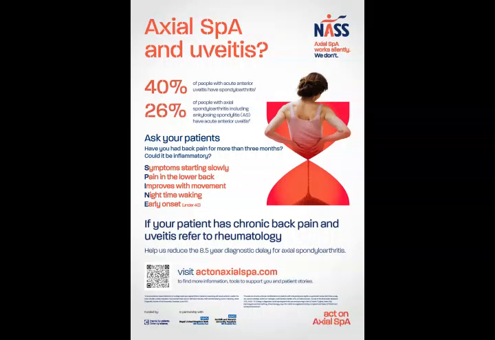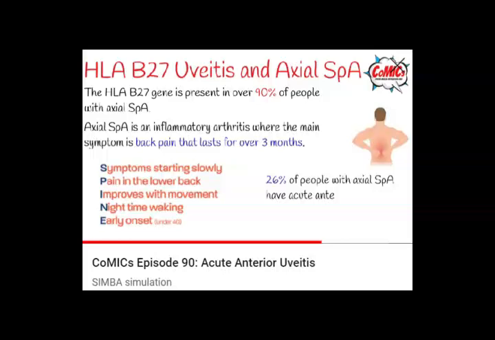Yes, so uveitis, we can split it up into different parts of the eye. Anterior uveitis is the most common: 85% of patients with uveitis have inflammation in the front of the eye. And in axSpA, 90% of patients present with anterior uveitis, 90% acute rather than chronic. Kind of grumbling in the background is what we consider to be chronic. 90% have it as an acute flare, and it's usually in one eye, in around 90% of patients.